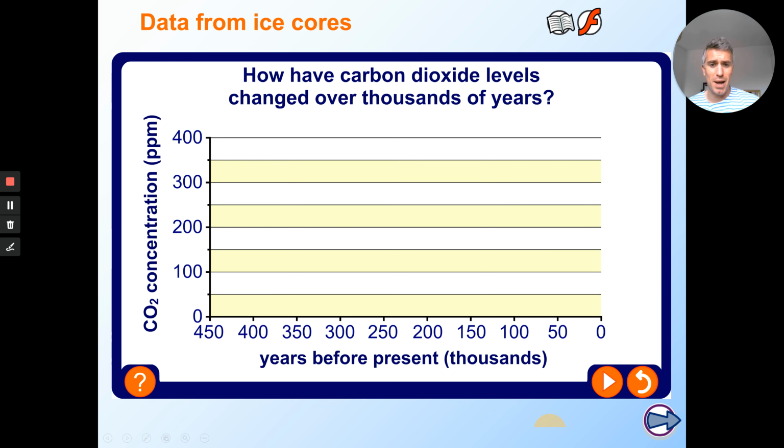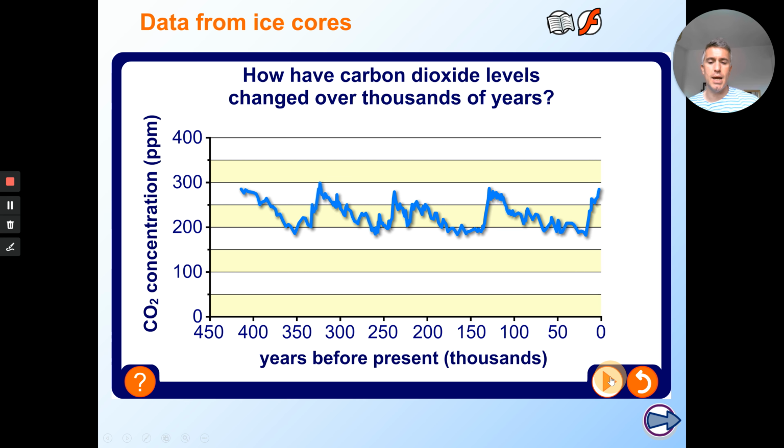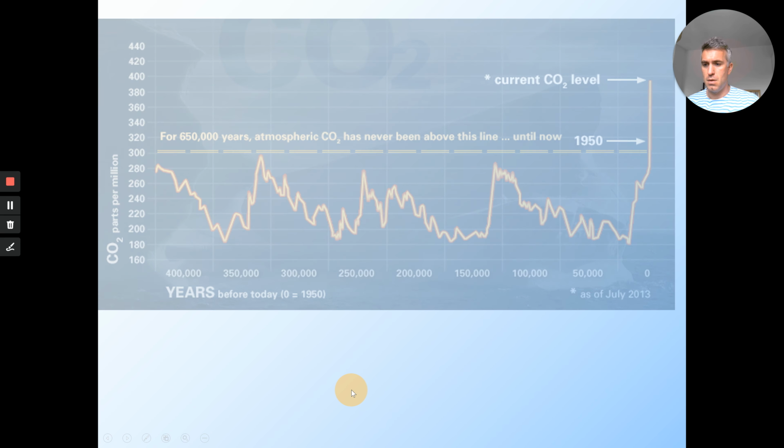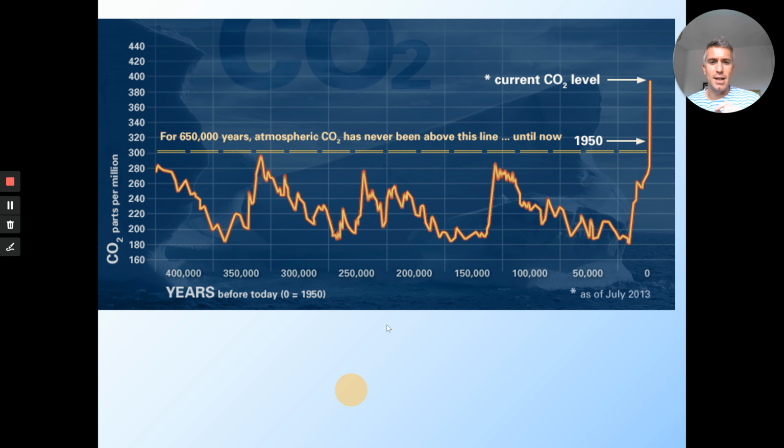How has it changed? If we go back thousands of years, nearly 500,000 years, we can see it has changed a lot. So, changing levels of carbon dioxide are not bad. It's a natural process. It goes up, it goes down. The problem is, lately, the change has become dramatic. So, you saw in that previous graph, levels going up and down and up and down and up and down and up. The problem is that since the